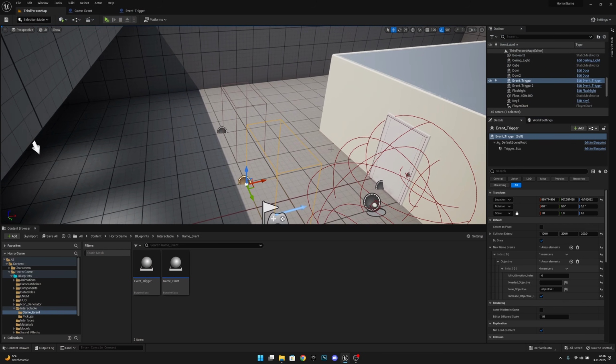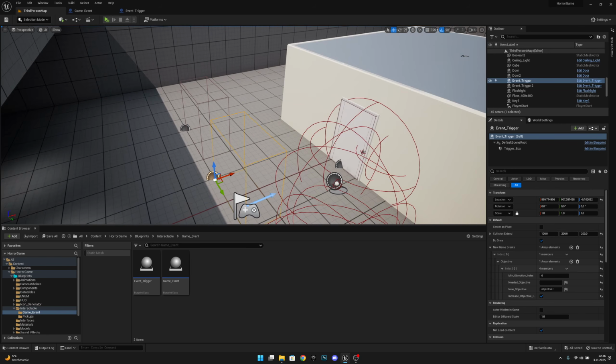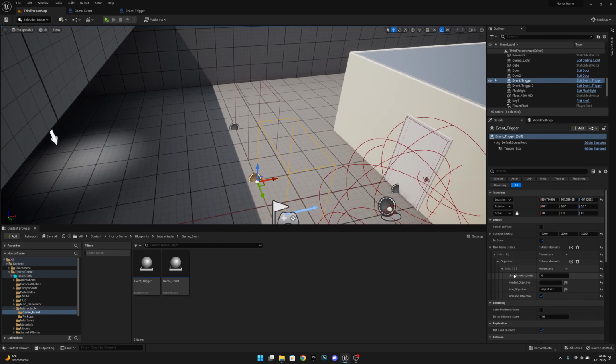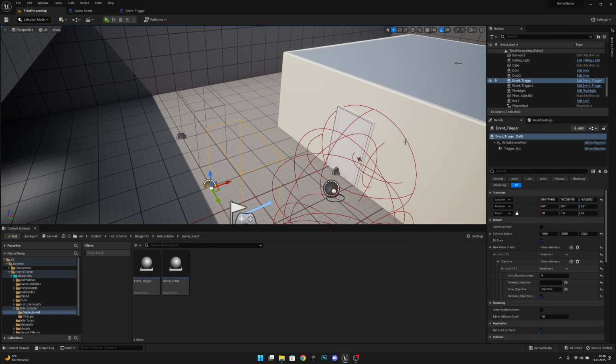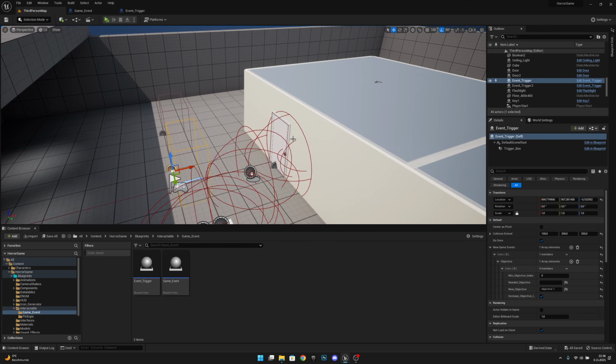And why do we have this needed objective and also objective index? Because they basically work the same way. I made it that way because I think the objective index, we should leave it to 0 as default. And when we have created all our stuff on our level that we have to find, how do I explain it? For now, like objective 1, then we have another objective that has needed objective, objective 1, and there it,